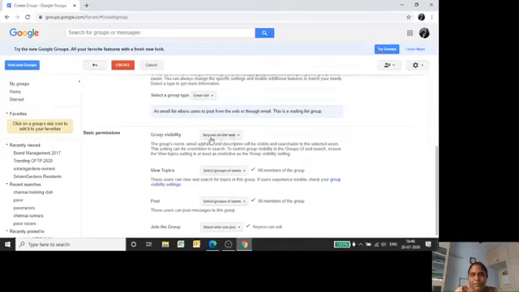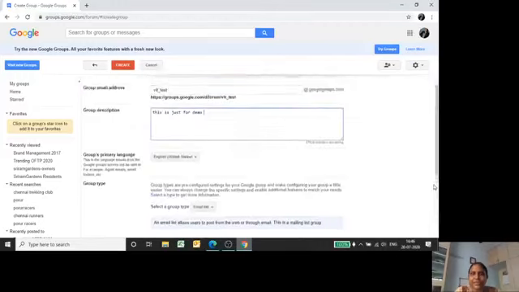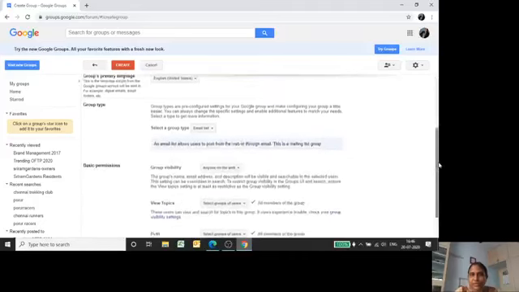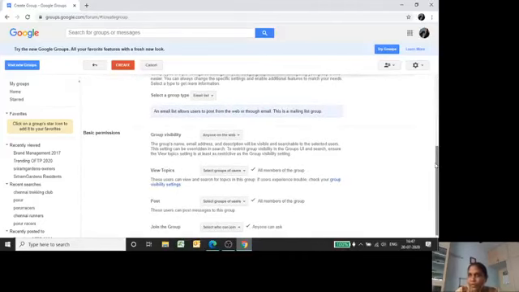Okay, group visibility. This is important. Anyone on the web: if you create this group and anybody searches with this name, VIT_test, they will be able to see it. They cannot join, though. That is a different setting we have to do, so that not just anybody can join the group. You will control the permission. But whether the group is visible when they search with this name is the setting you're doing here.